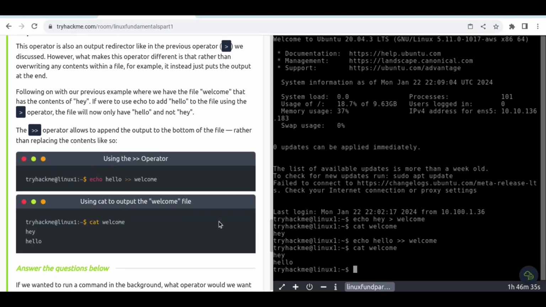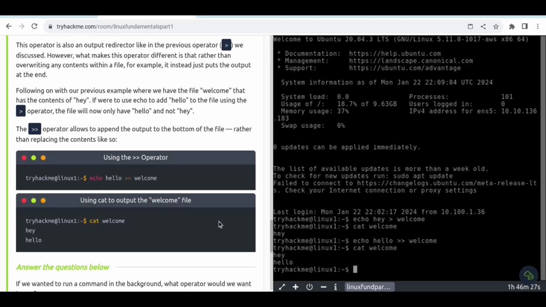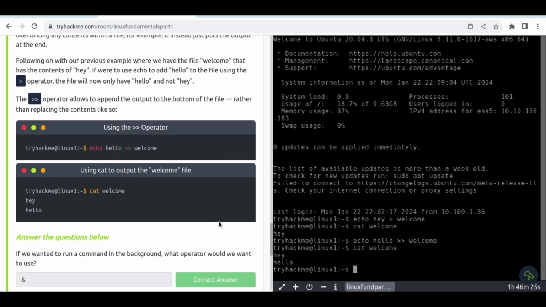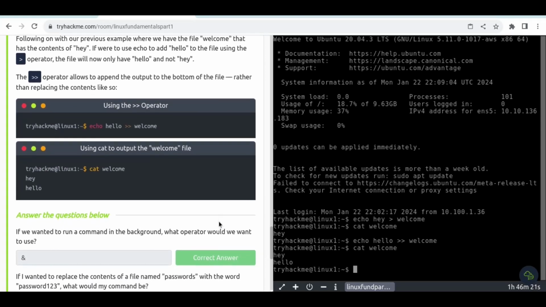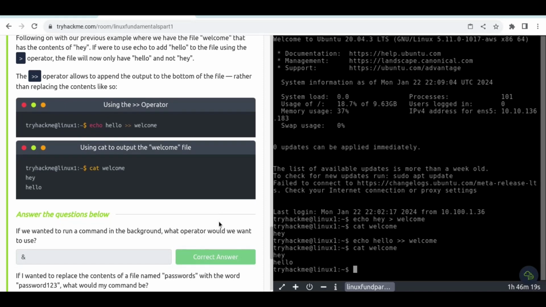Moving on to the answers to the questions below. If we want to run a command in the background, what operator would we want? And that's the single AND. Moving on to the next question. If we wanted to replace the contents of a file named password with the word password123, what command would we use? That's simple. So we use echo